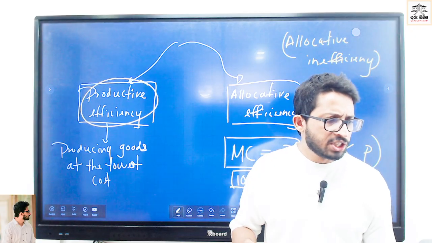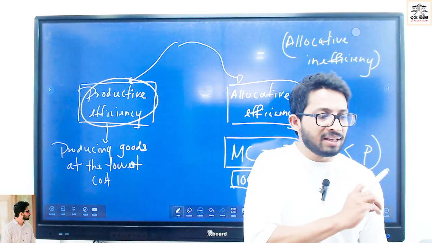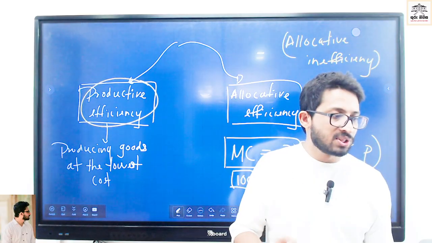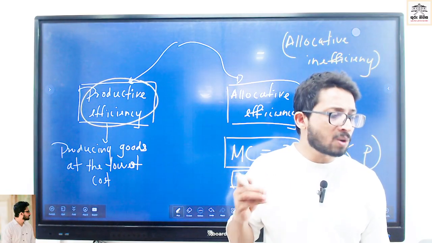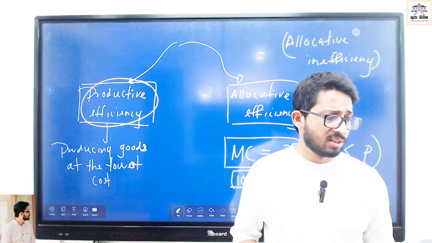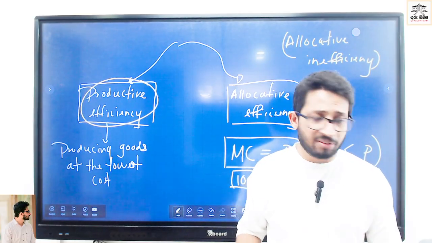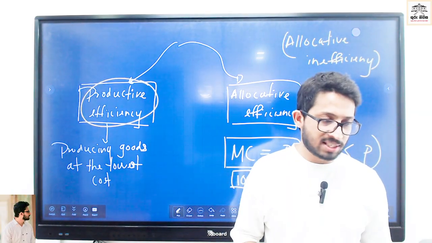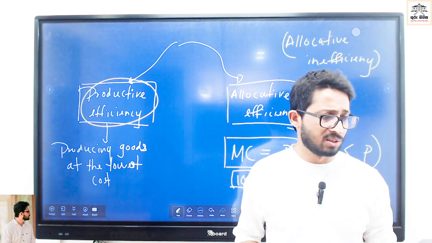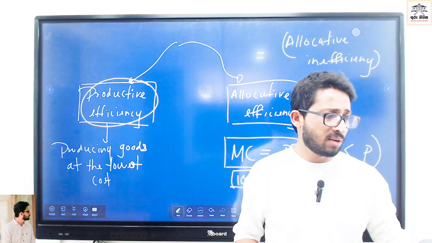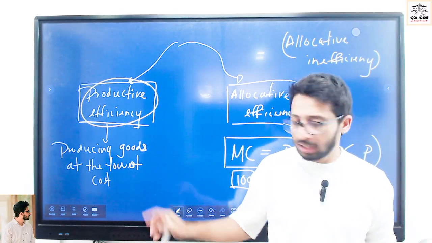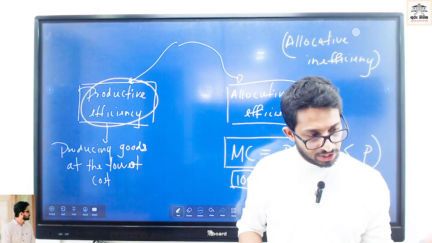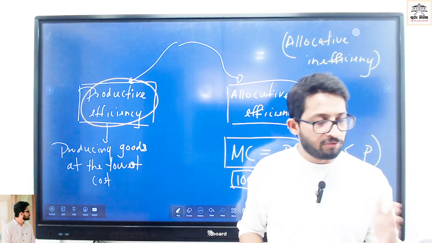But in the monopoly market, the existing monopolistic firm does not have any enthusiasm or encouragement to produce goods and services at lowest possible cost. Why? No competition. At whatever cost they produce goods and services, the consumers have to buy it. No problem. Consumers don't have an option. So remember, to achieve productive efficiency, the market should be perfectly competitive.